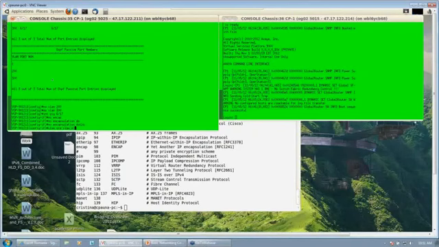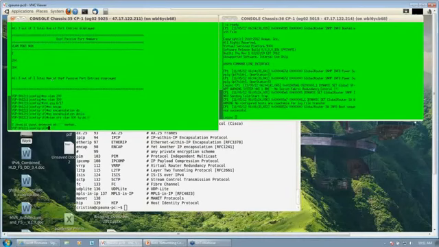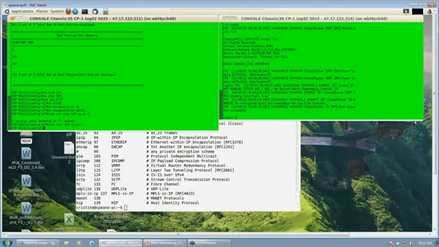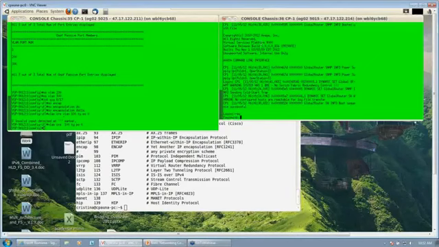So I am creating VLAN 100 with the spanning tree 0, and the same I will do on the other router.